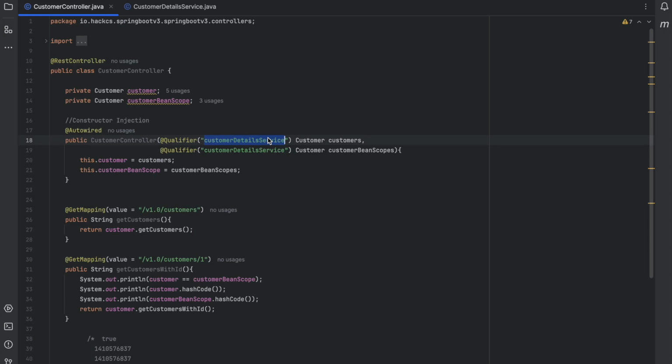Spring provides this type of feature. Before beans are injected, you can have your own custom code. That is in the starting, when beans are started or during initialization. To achieve that, you need to use the @PostConstruct annotation. We'll come to coding in a bit. The second annotation is PreDestroy. Before a bean is destroyed, there is a method called PreDestroy, which helps us to write custom code